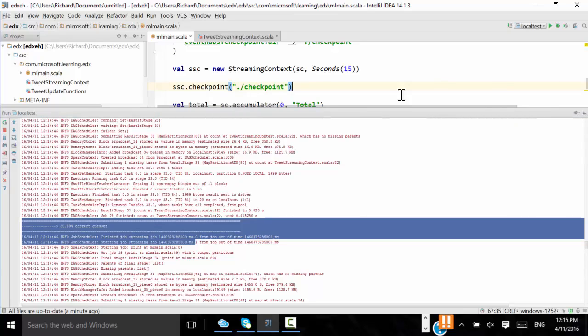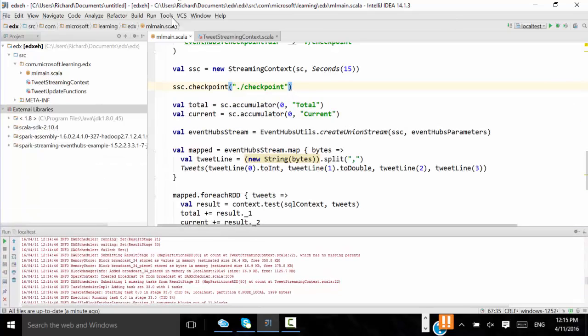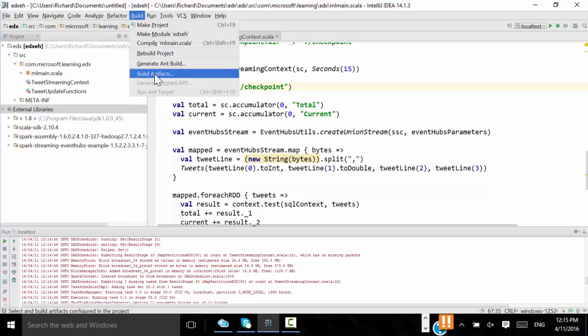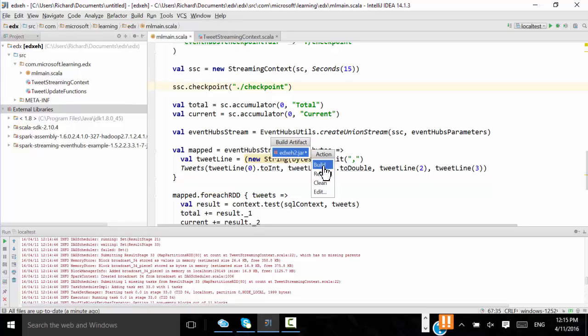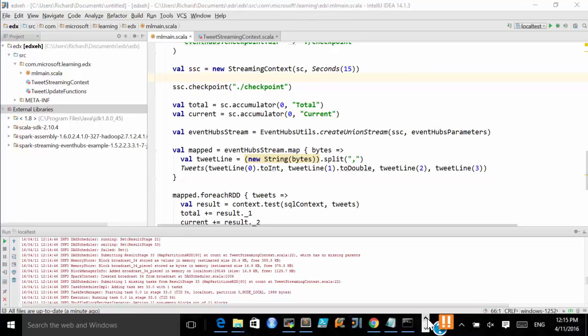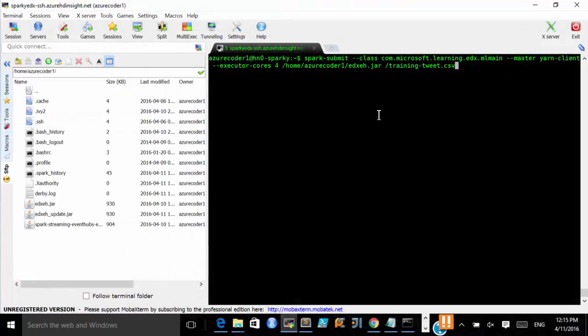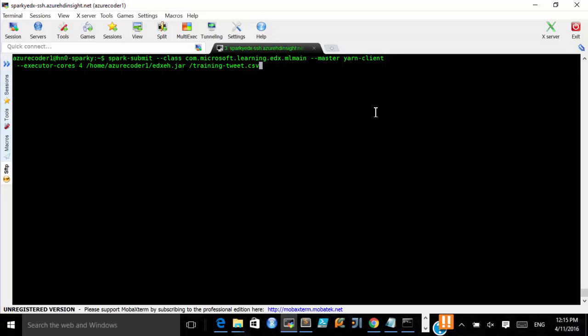So in order to deploy this, if we stop this now, we can simply create an artifact by choosing build artifacts and clicking on build, and this will give us an artifact which we can then deploy to the cluster. So once we've copied that file to the cluster, you should see that we can run this using